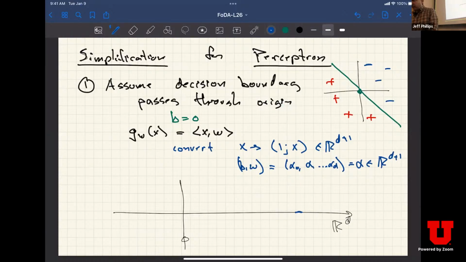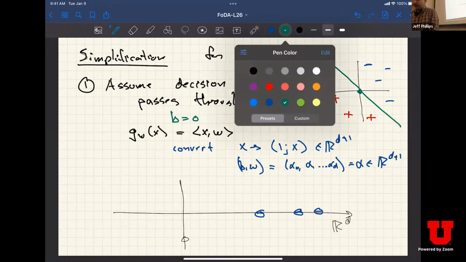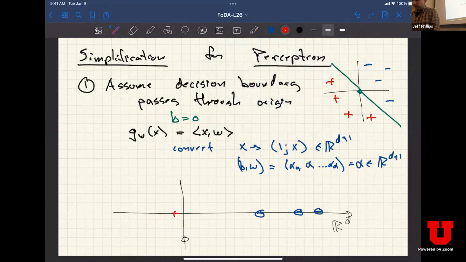I've got my minus data points here and the plus data points here. And I can't really get the separating spot to go through the origin, which is supposed to be over here. But if instead I put all these up so they have an extra coordinate, which is 1,